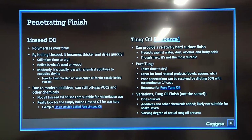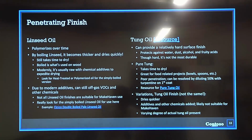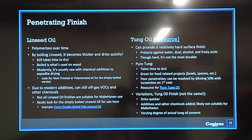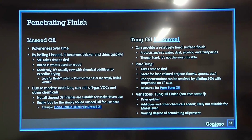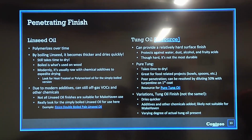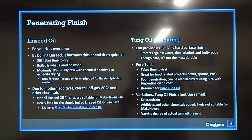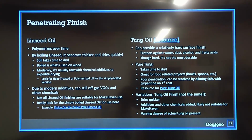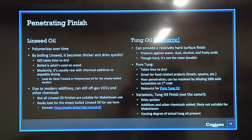What they've done in modern times is added a lot of different chemicals to it, other additives, that way it dries even quicker yet. So a lot of times if you go into a store and look for boiled linseed oil, that's what you end up getting, the ones with a lot of additives and chemicals. What you usually have to look for is the heat-treated or polymerized oil, the stuff that's just linseed oil that has been boiled down,